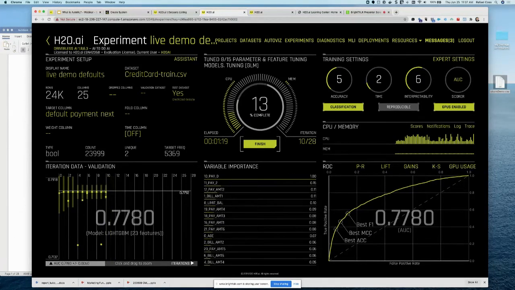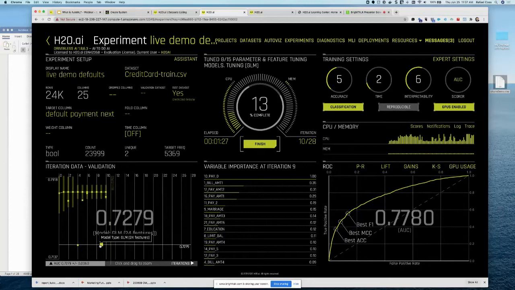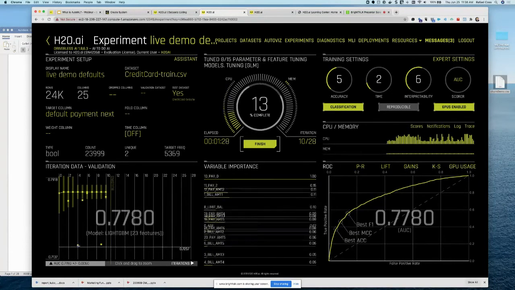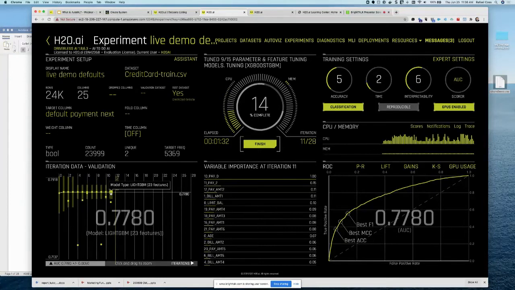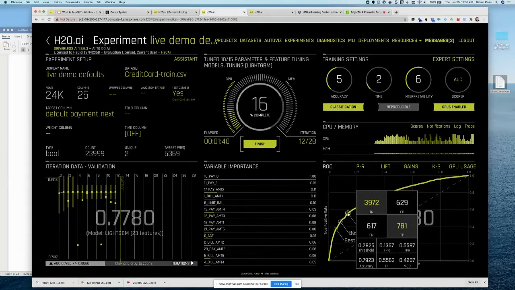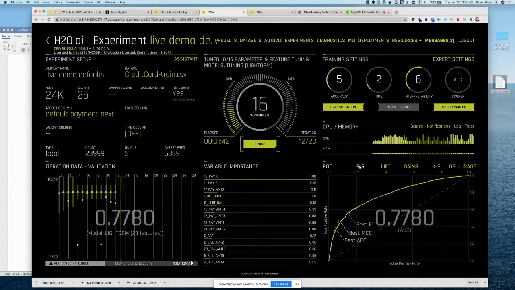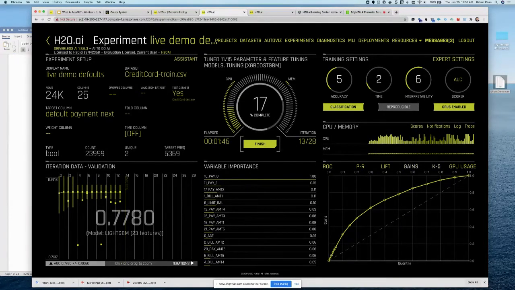So this line is sort of tying together the various winners, right? If you see, for example, here's the GLM model, it's a little lower. Here's another LightGBM model. So it's trying different algorithms, and it's also trying different feature engineering techniques. We give you lots of different metrics, so you can quickly see the confusion matrix and key metrics. You can look at a precision recall curve, a lift curve, a gains curve, a KS curve, right?